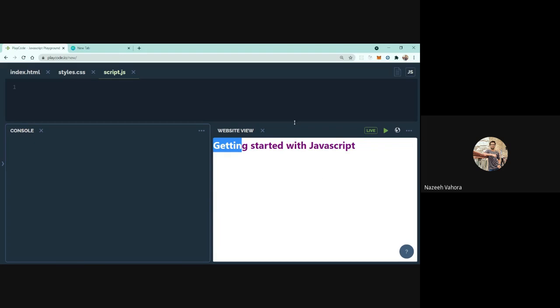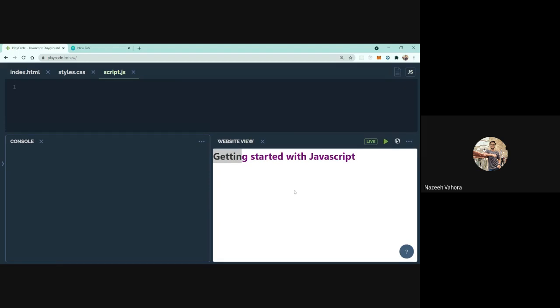The document is a globally scoped variable. We can access it anywhere in our JavaScript. So let's use this document variable and modify some of the content.